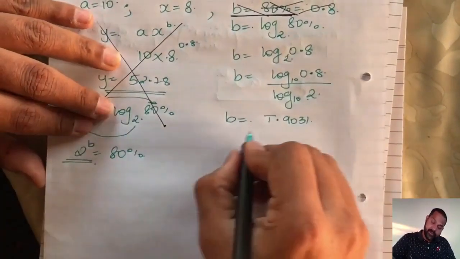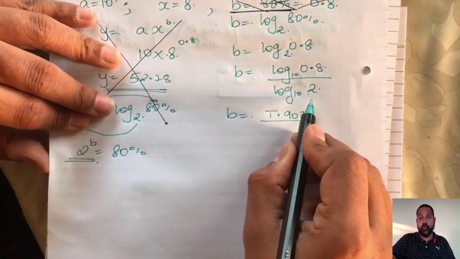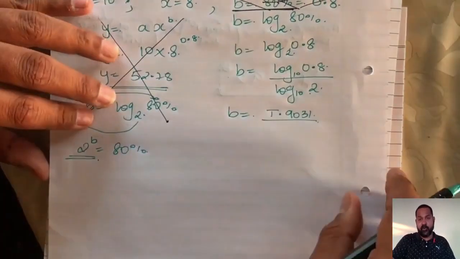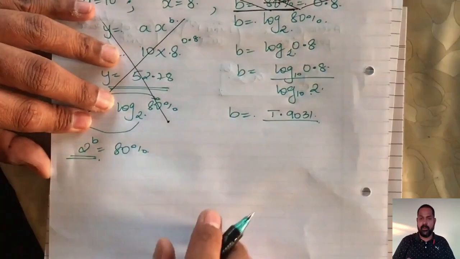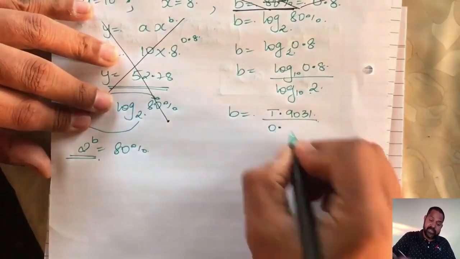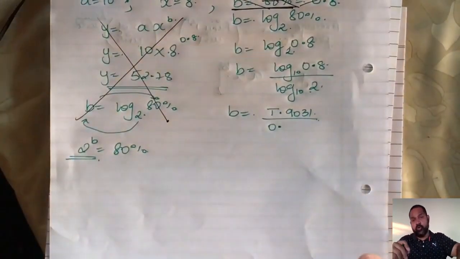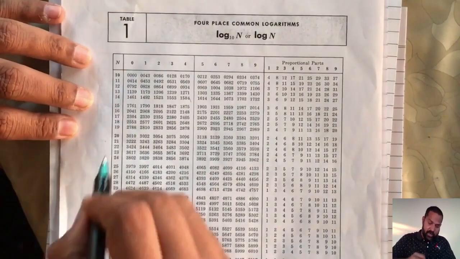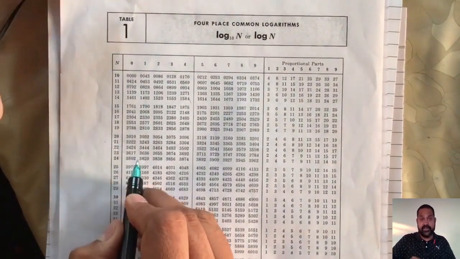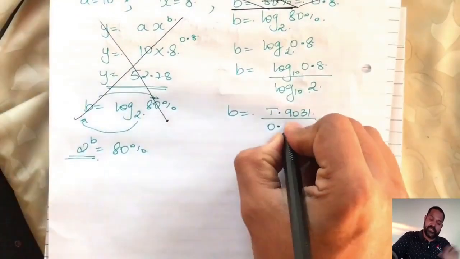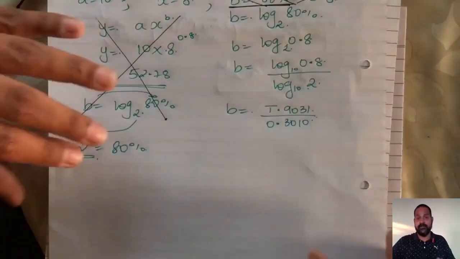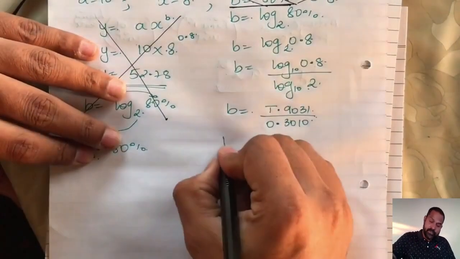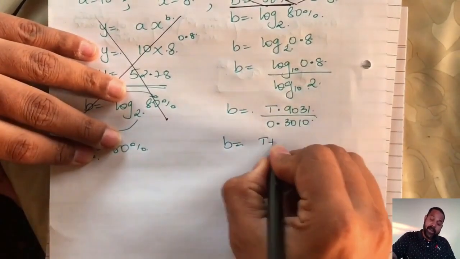0.9031 divided by log of 2. How many places before the decimal? 1. Minus 1 is 0. What is log 2? Well, I don't know log 2, but I know log 20, and log 20 is 3010. So it is going to be 0.3010. So B is bar 1 plus